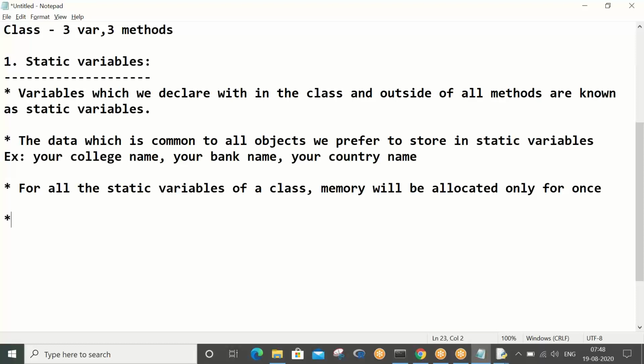Now let's understand accessing static variables of a class.